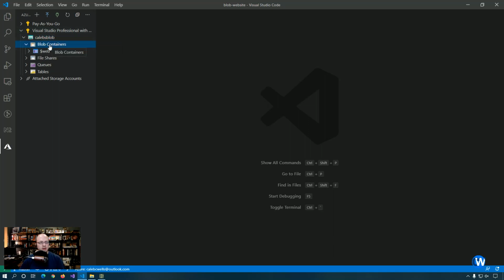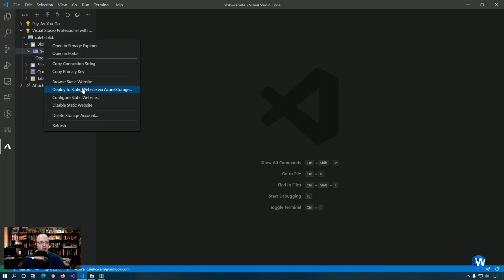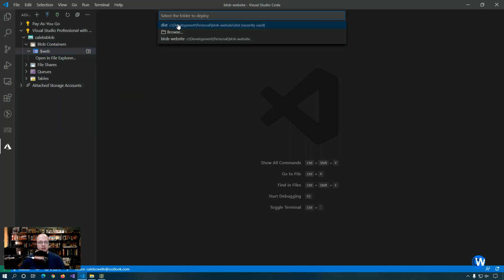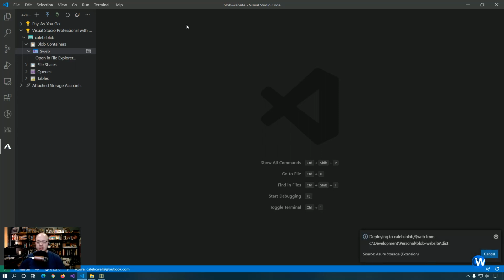And if we dig down to blob container, you'll see $web, which is actually where our website will be hosted from. And so we're going to right click on Caleb's Blob, and we're going to deploy to static web. It's going to ask you which folder you want to deploy. The option you're going to want to choose is the dist folder under your Angular application. So we selected dist,